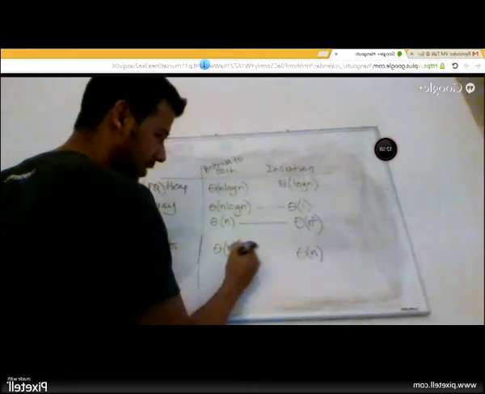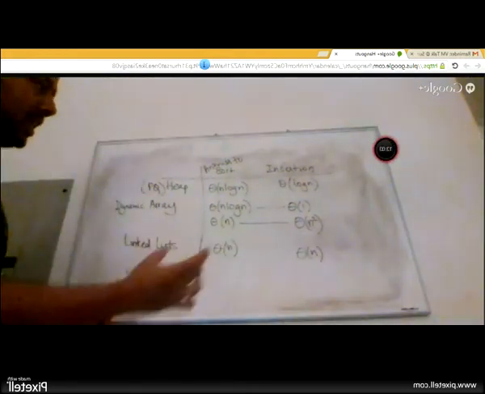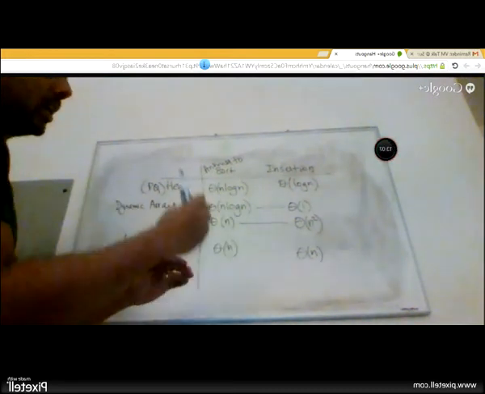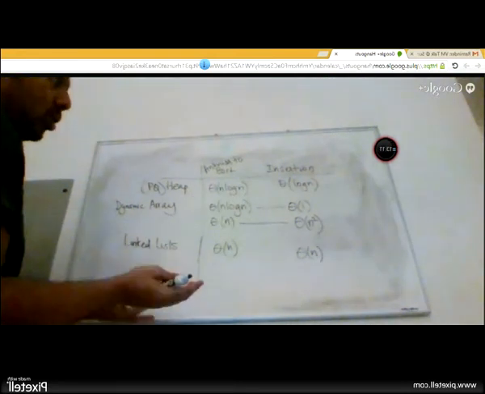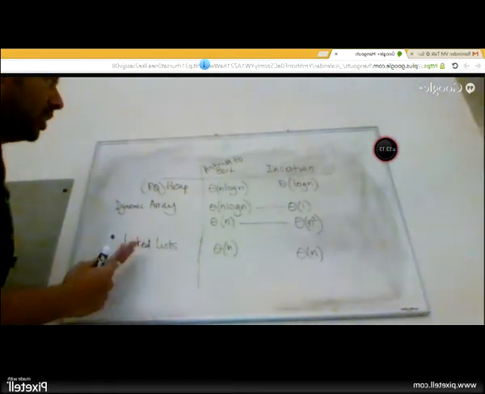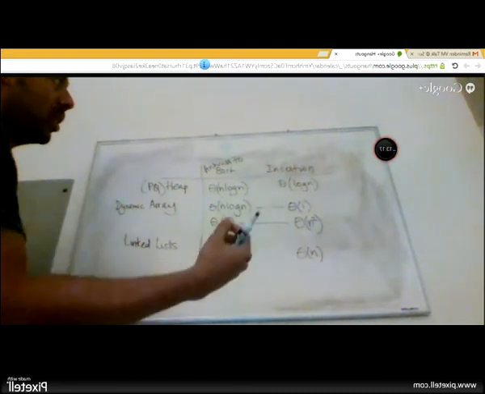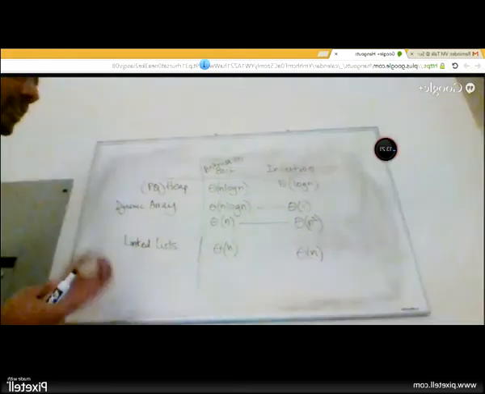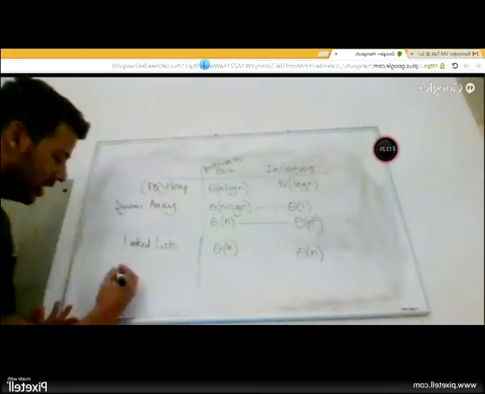Correct. Because insertion is very simple in a linked list, I don't have to shift. I just have to create a new node, make the previous node point to the new node, and the new node point to the next node of the original list. So insertion is very simple. Answer to sorting is also very simple, because I'm already storing the list in a sorted fashion. So anytime someone asks me what is the sorted order, all I need is to read the contents of the linked list. Finally, we come to binary search trees.